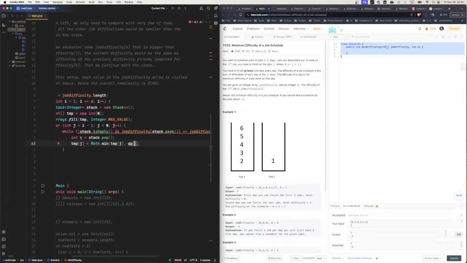So we include k into the current ones. Therefore it shall be dp k minus job difficulty k, right? dp k is the previous, right, minus job difficulty k. Wait, is that dp k or is that temp k? Because I want to know, because